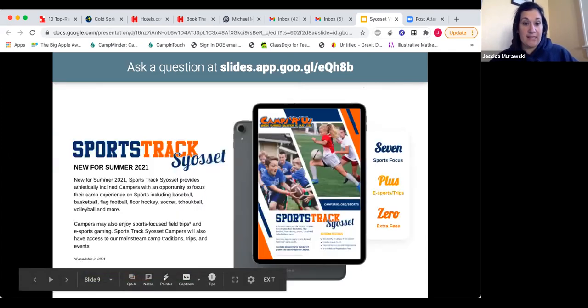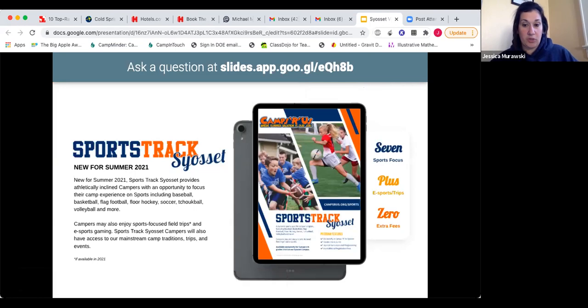Okay, this year Syosset is going to be offering a sports track program for our campers. This is not being offered at any other campus. It is strictly going to be piloted at Syosset due to the amount of space we have and the flexibility in scheduling. This is going to be for campers in grades 3 through 6, and it's going to be mostly focused on sports. So it will include baseball, basketball, flag football, floor hockey, soccer, chooch ball, volleyball, and other sports that the campers